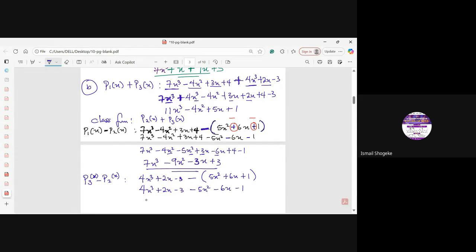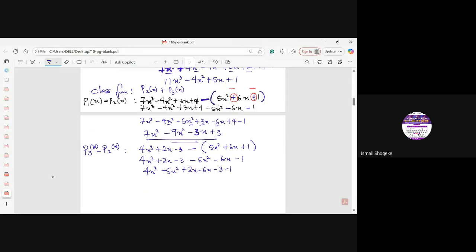Then we join. 4x cubed is the biggest guy. It has no accomplice. Minus 5x squared. It has no accomplice as well. Plus 2x minus 6x minus 3 minus 1. Now let's join. So I have 4x cubed minus 5x squared